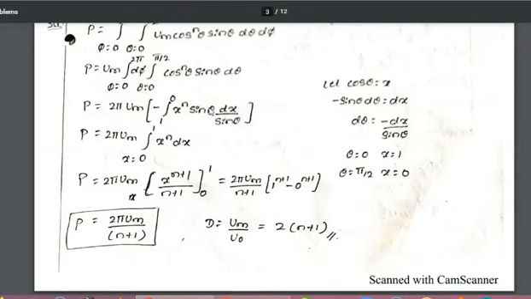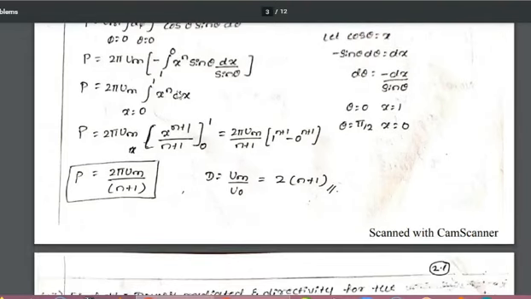So sin theta gets canceled. What is remaining is the minus term: minus integration of 1 to 0 of x raised to n dx. Just change the limits so that the sign becomes positive: x equal to 0 to 1, instead of 1 to 0, so x raised to n dx comes into the picture. Now the integration of x raised to n is x raised to n plus 1 divided by n plus 1. Substituting the limits, finally we get 2 pi Um as usual divided by n plus 1.